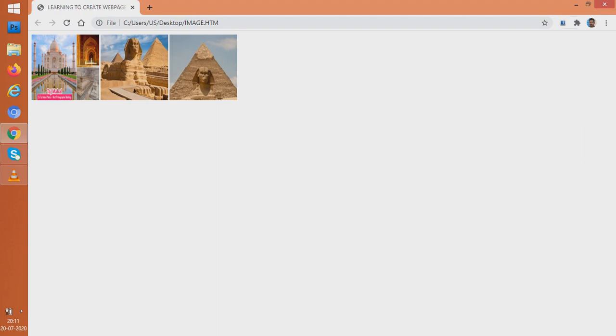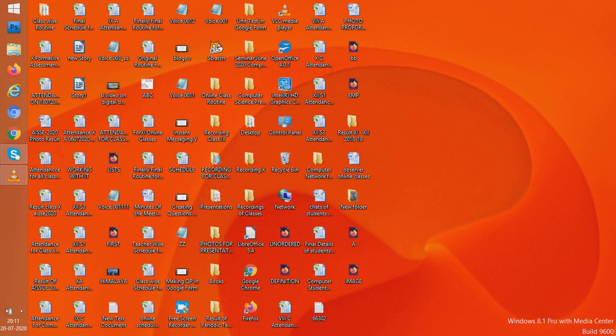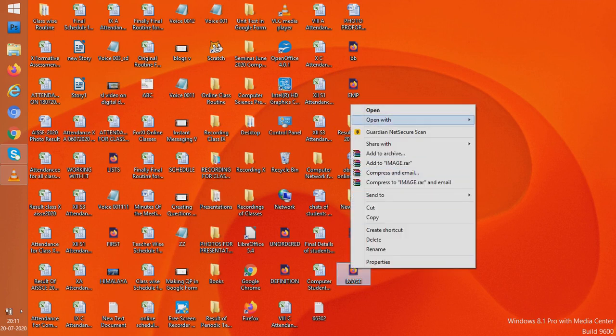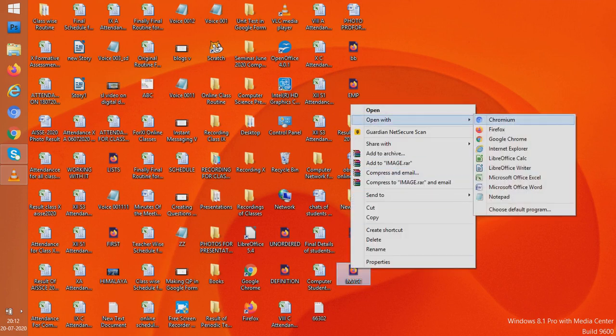Now students, one thing: do these given pictures have a border around them? Remember, in tables also we used to give a border. We can give a border here also. But in tables, the border attribute used to take only one of two values, that is either 0 or 1. 0 means no border and 1 means a border is there. But here in our images, we can give borders of different emphasis, that is different width.